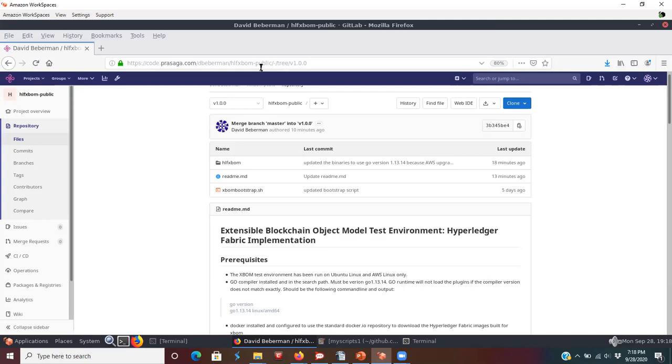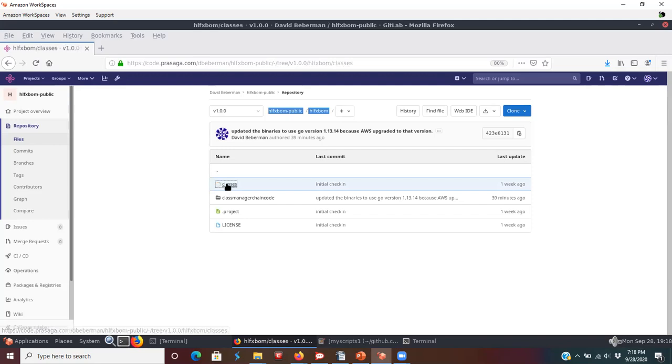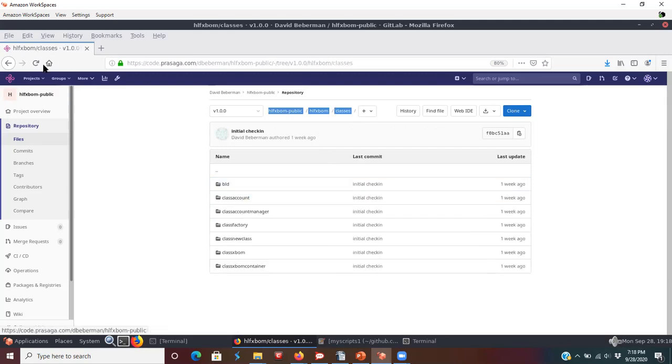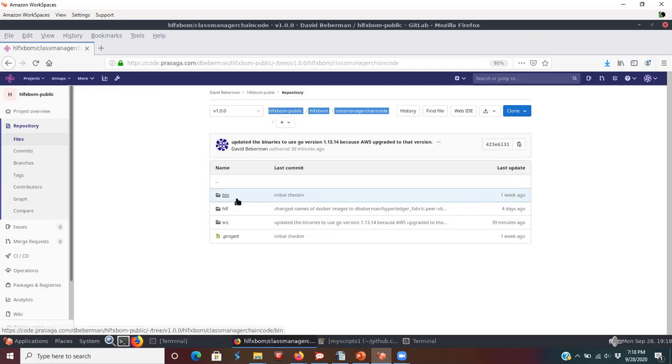Prasaga.com, HLFXBOM-public. And the sources are sitting in this tree. There's a handful of classes, and there's the core class manager infrastructure code in here, and the environment, and the rest